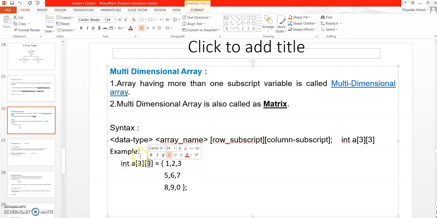So this is the initialization of this 2-dimensional array a of 3 by 3. First is the row which contains numbers 1, 2, 3. Second is the row which contains values 5, 6, 7, and third is the row which contains values 8, 9, 0. So these are your rows and these are your columns. That means this is a matrix of size 3 by 3 and it contains 9 elements. Same if you are going to use dimension 4 by 4, you have to use a total of 16 elements, 4 rows and 4 columns. You can also change it to 3 by 2 or 2 by 3. So the number of elements will change according to that size.